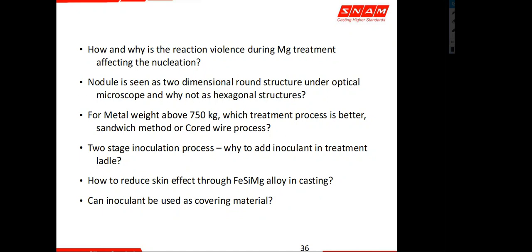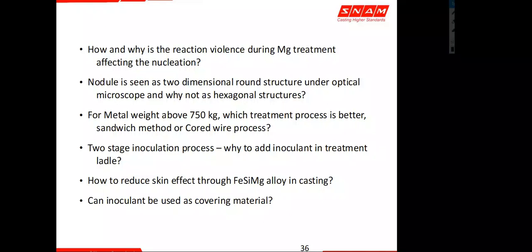This is the first point. The second point is, during magnesium treatment, whether it is a less violent or more violent treatment, you still kill some of your nuclei, because there is some amount of violence that is going to happen. The loss which is going to happen can be compensated by the treatment alloy. Also, this works like a cover alloy. We have covering scrap which is added to the ductile iron treatment, which delays the liquid metal interaction with the treatment material like the magnesium alloy. So when you have one more material on top of it, it starts delaying your magnesium treatment process.